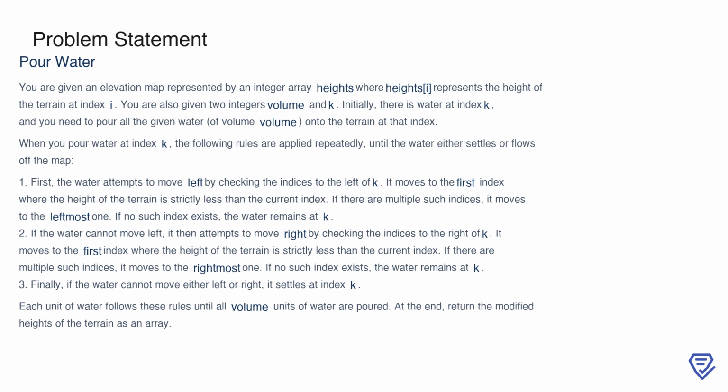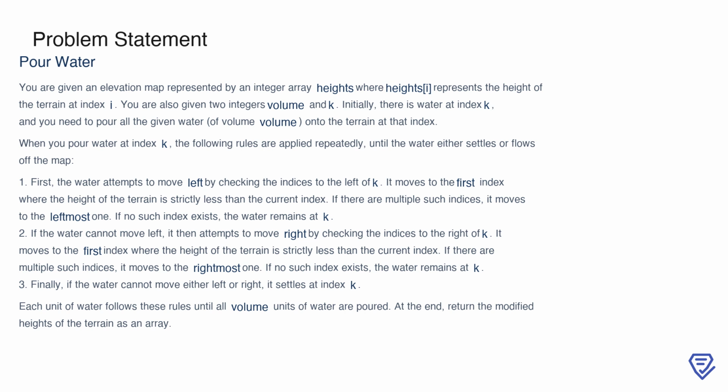Each element in this array corresponds to the height of the terrain at that specific index. Along with this, we are provided two additional parameters: volume, which represents the total amount of water we need to pour, and k, the index where the water starts being poured. Now, the task is to simulate pouring all the water onto the terrain at index k, following a set of